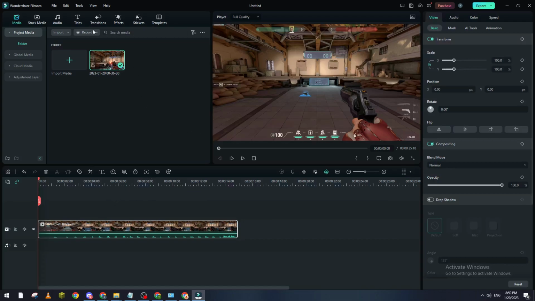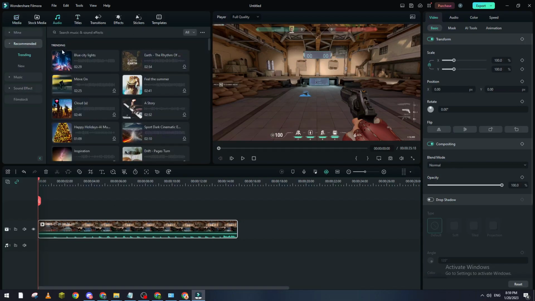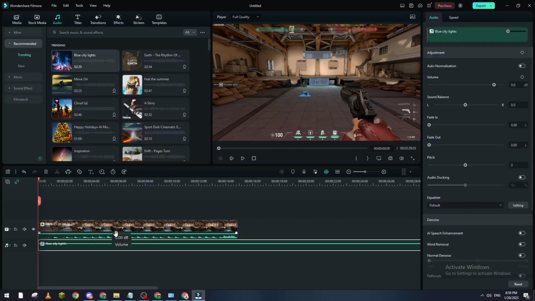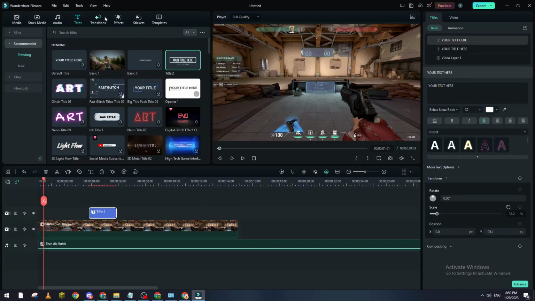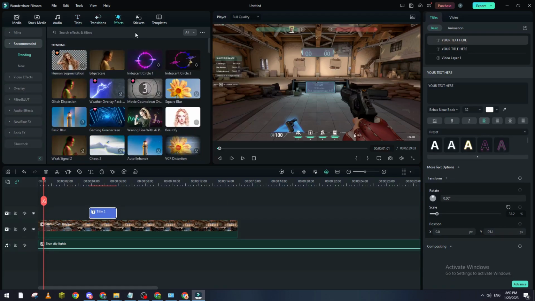Now, after we edit this clip and add, for example, audio files to it, let's add an audio file here and reduce it a little bit. Let's make this muted, for example. The song is working well, so that's a good sign. Now we can add a text here, whatever we would like. And let's say that you wanted to move from your PC to another PC and you don't really know